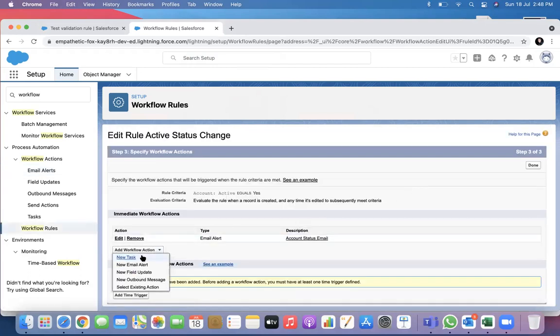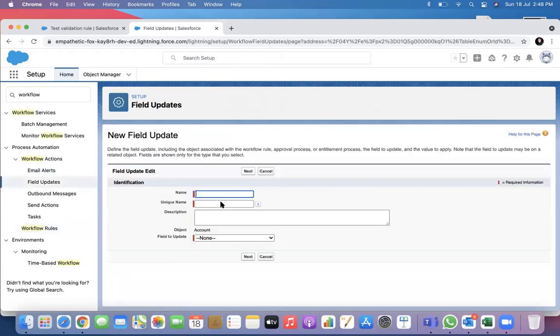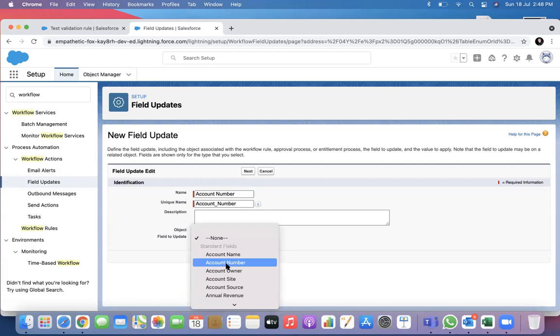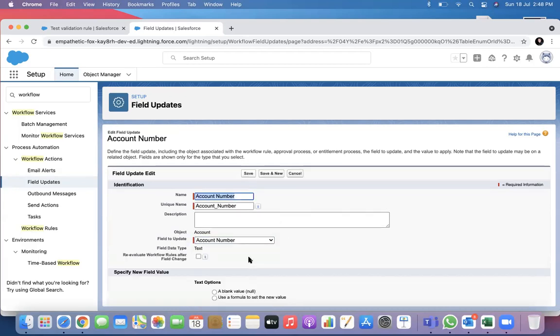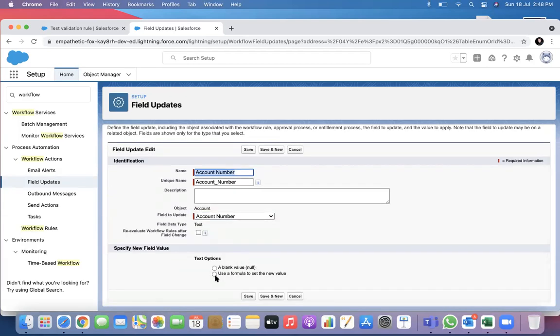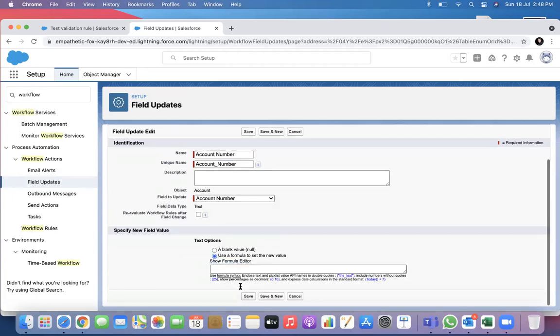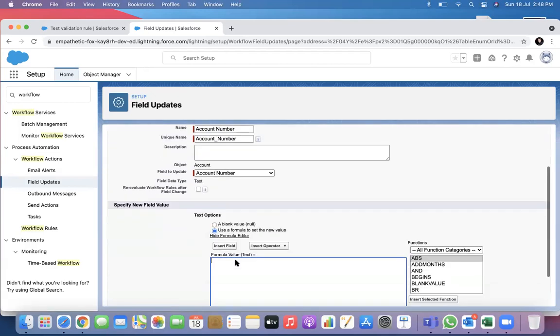The second work I can do is a field update. Maybe I can change the account number. The field which I want to change is account number. Next, I can set up a formula. I go to the formula editor.